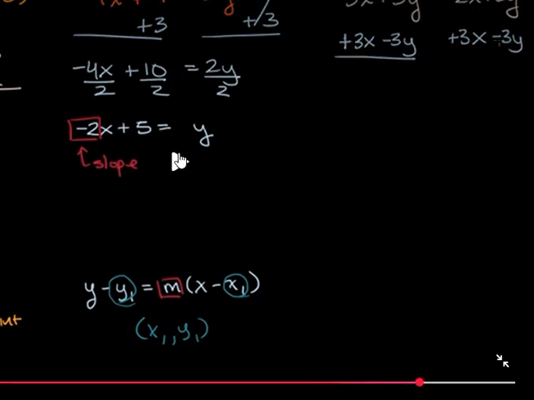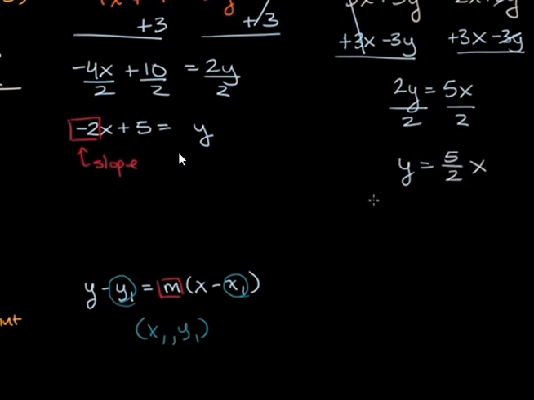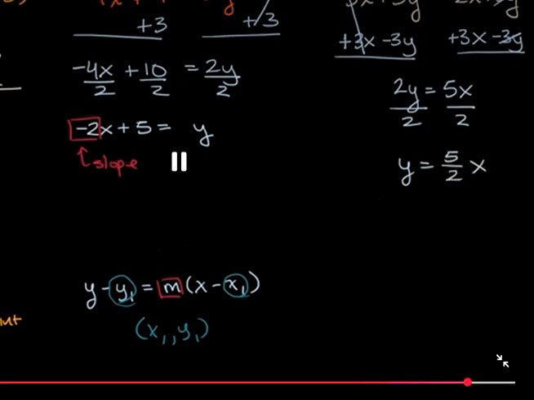But I have to do it on the left-hand side if I want to maintain the equality. So what do I get? That cancels out. 5y minus 3y is 2y is equal to 2x plus 3x is 5x. And then these two cancel out. And so if I want to solve for y, I just divide both sides by 2, and I get y is equal to 5 halves x. And I'm done. And you might say, wait, this doesn't look exactly like